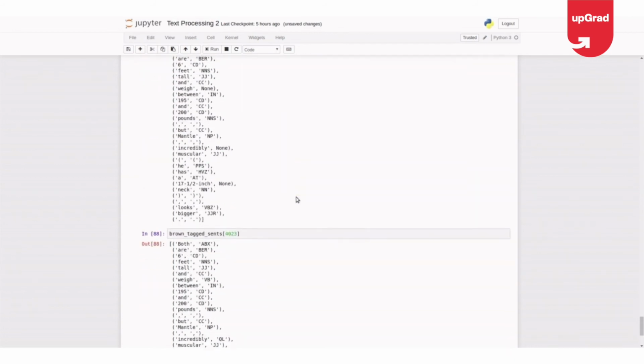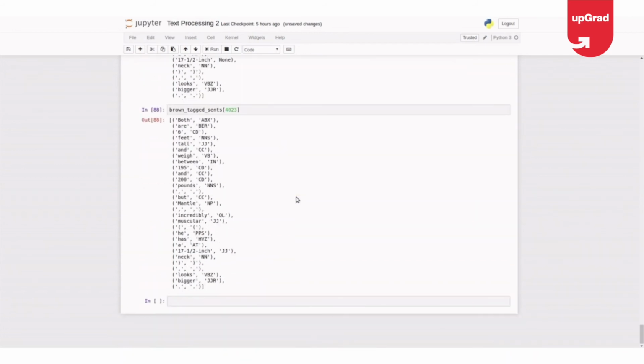I hope this was clear. Any questions, you can contact me. This is all about the unigram tagger. We have developed our own training set and testing set, and we have built our own tagger here. Because it was a unigram tagger, unigrams work on single words.